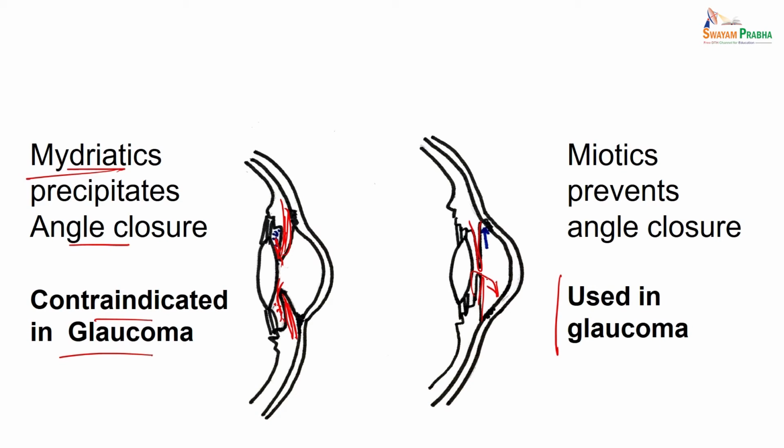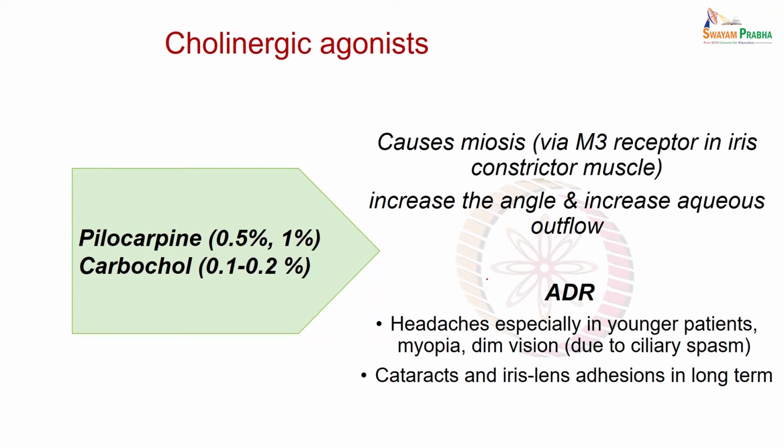Mydriatic agents are all anticholinergic drugs. The anticholinergic property is there in different categories of drugs: antihistamines, antidepressants and antispasmodics. Cholinergic agonists which are used are pilocarpine and carbachol, of which pilocarpine is more used. It causes